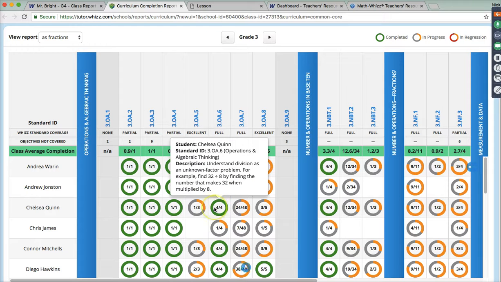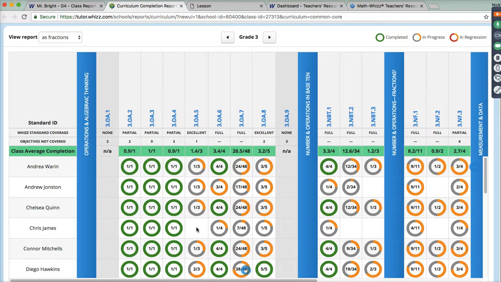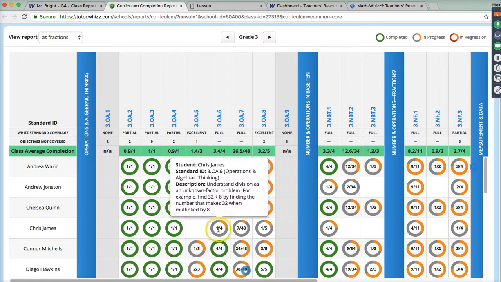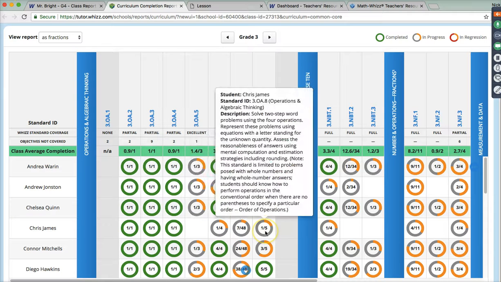Once it's green, it means they've assessed and completed all learning objectives or standards. If it's blank, they haven't started it yet. Oh, I see. So this student has completed all of these, hasn't even started this one, is a quarter of the way through this one, and at the beginning of this one. Kind of makes sense? Yes.